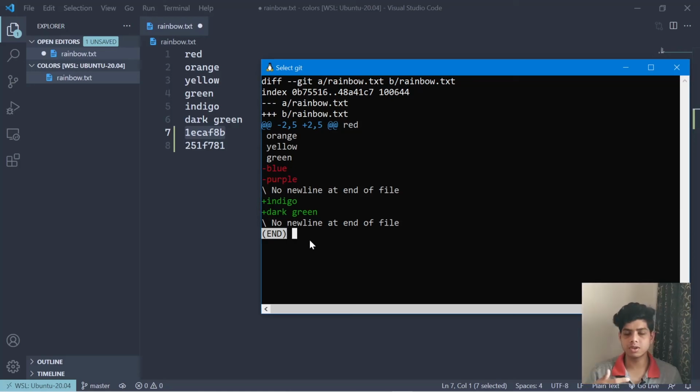I don't use this very often, but I use it when I'm debugging something. If I'm stuck, wondering what changes were made, where this is coming from, who edited this, at that time I use the git diff command, but otherwise I use it minimally. But it is good to use this to get an overview of your repository.